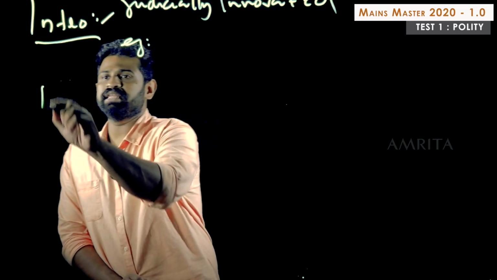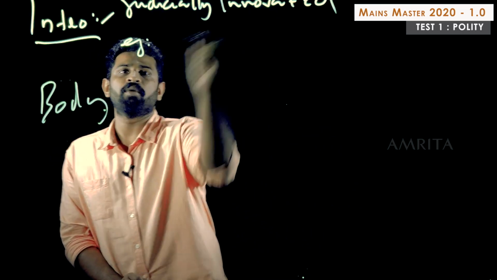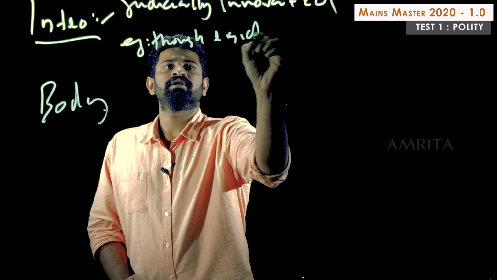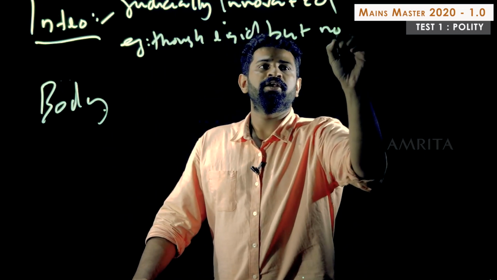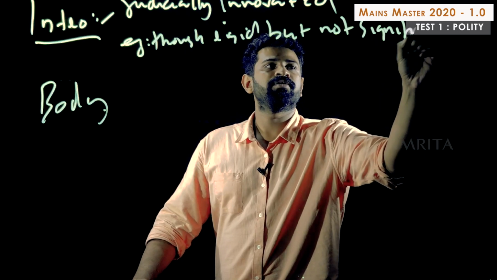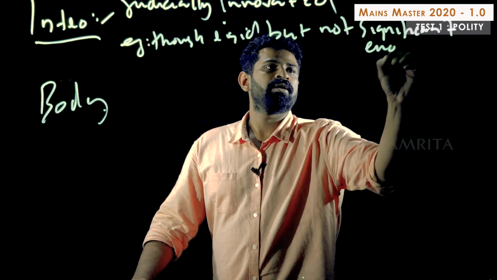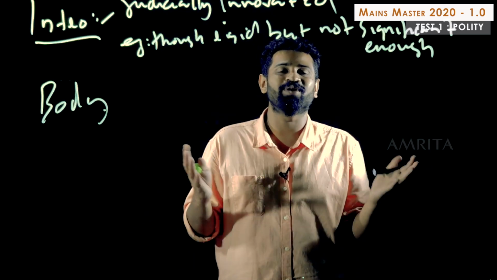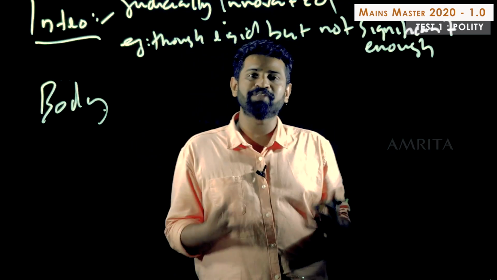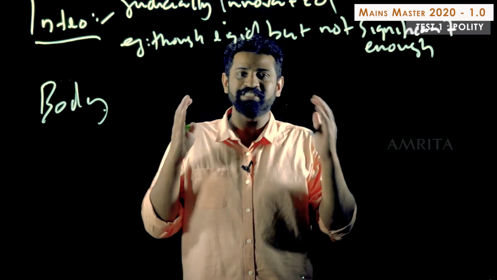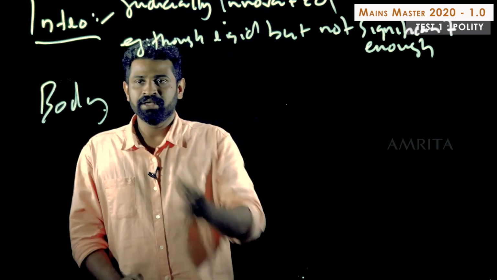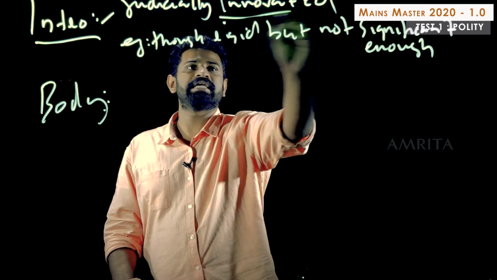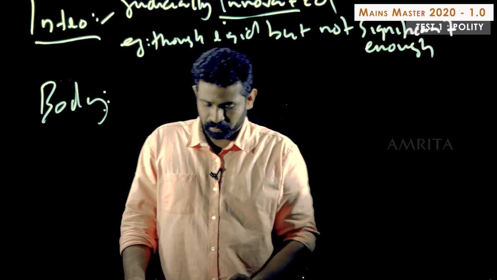Okay, so that sums up the overall approach or overall feel that would be there in your answer, right? Then we move to the body. So though rigid, but not significant enough. Okay, so you might feel that it's not here, it's not there. But that is what you call the middle path. By middle path, we mean you are never here or there. You just stay in the middle. That is the idea. So, moving to the body paragraph. Here is a definition with major keywords, and we move to the body paragraph.